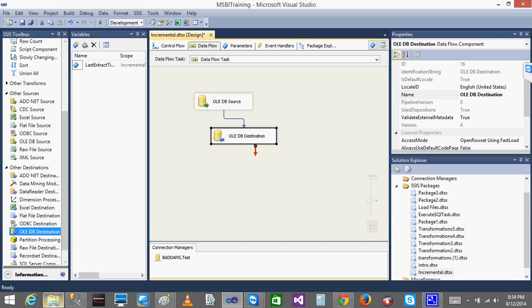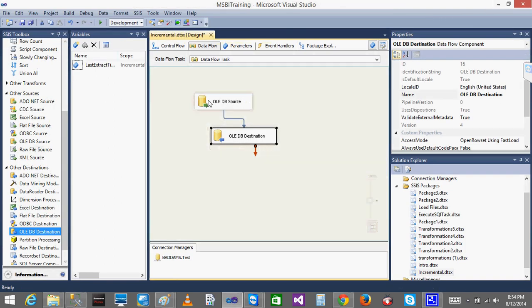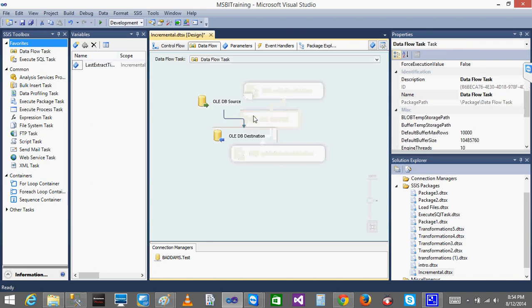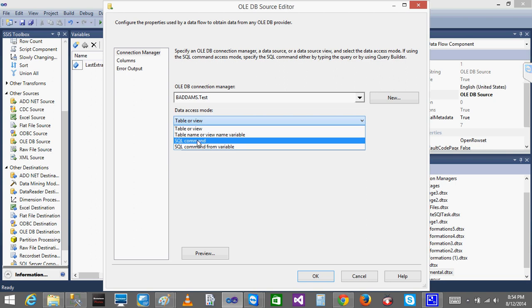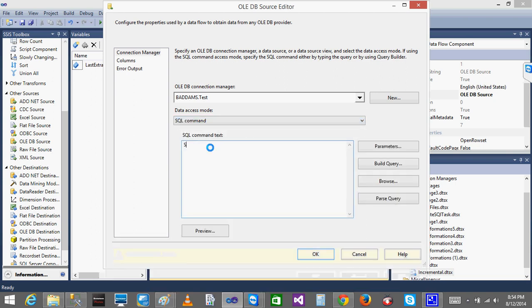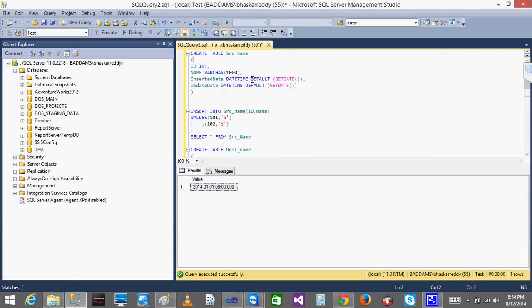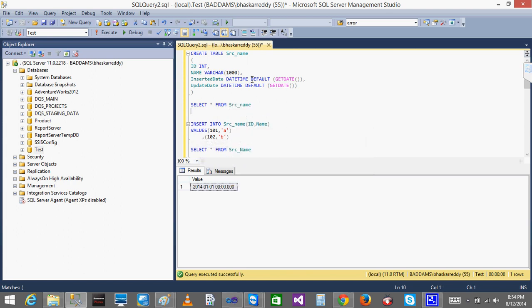But from the source, I want to filter the records based on this insert date time. You are loading that last extract date time, right? You need to pass that last extract date time to this source. So how to pass this? I'll just write a SQL command. So we can write a command here. The table is src name. I'll write select star from src name where